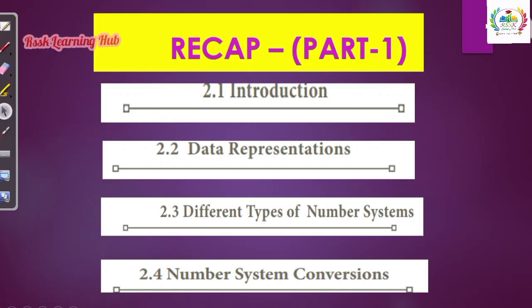Then under number system conversion, we saw what LSB and MSB are. LSB represents the least significant bit and MSB represents the most significant bit. Next we saw how to represent the binary, octal and hexadecimal equivalents of your number system. Okay, let us see